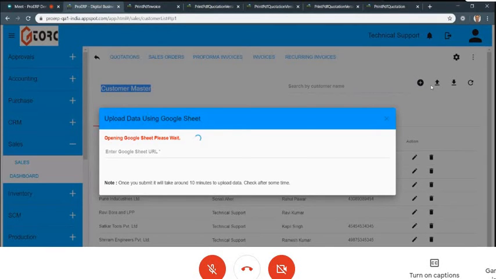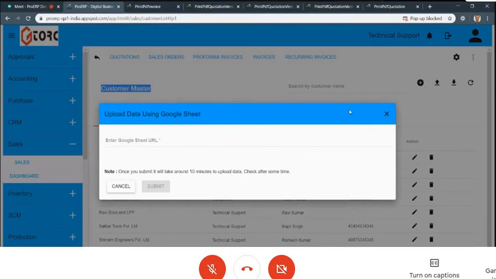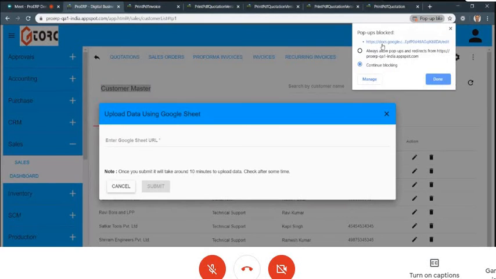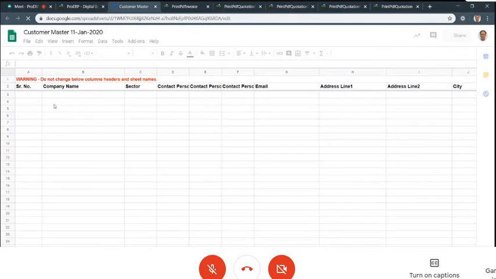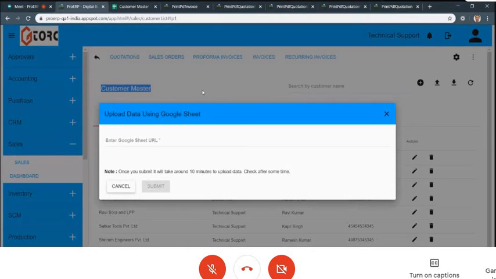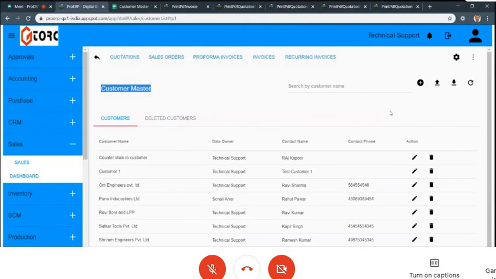I don't create them one by one. If I have 100 customers, I don't create them one by one. So what happens is, we use a Google Sheet where you enter all the data in this format and we upload it in a single shot. All 100 customers, suppliers, and stock items can get generated in the system. So that is about master data.